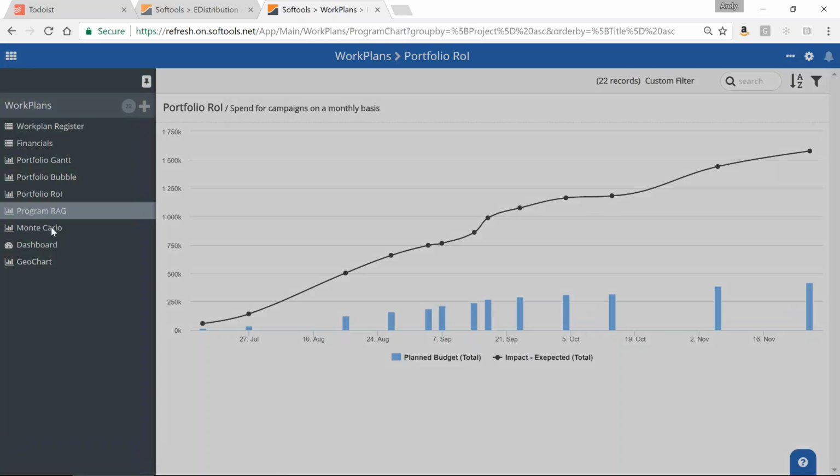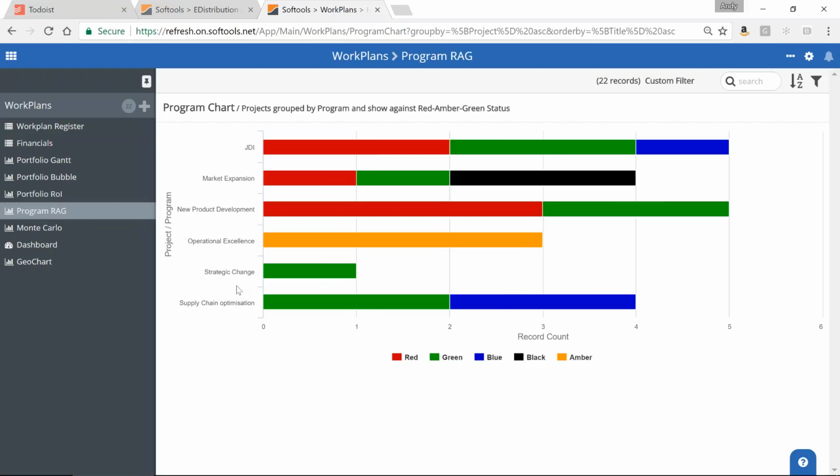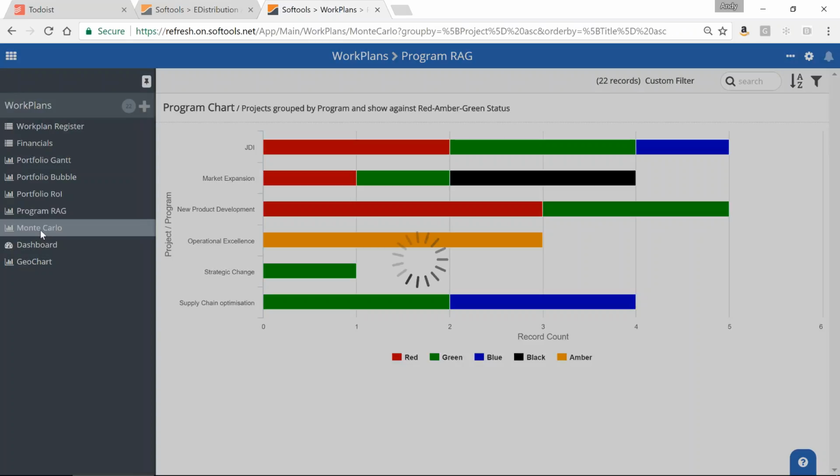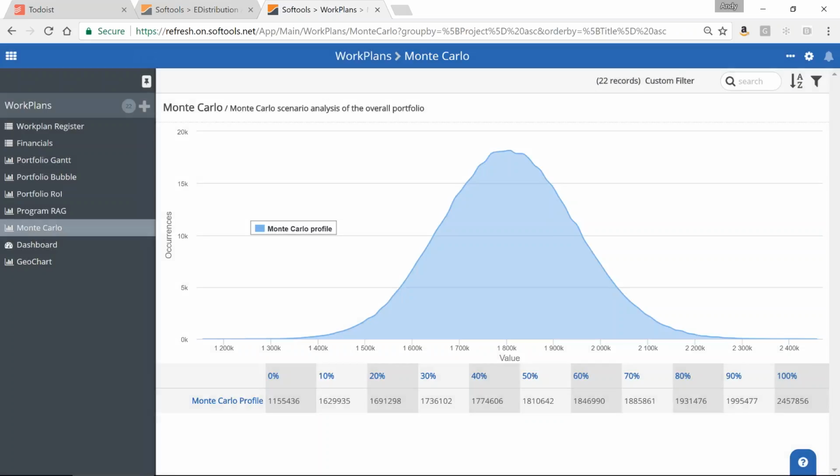And then we can have a look at classic fields like the red, amber, green, the one we had a look at earlier on. But we can also see more sophisticated views. So using the best expected and worst case values on each of the projects, we can see that this particular transformation program is expected to give us perhaps a £1.8 million